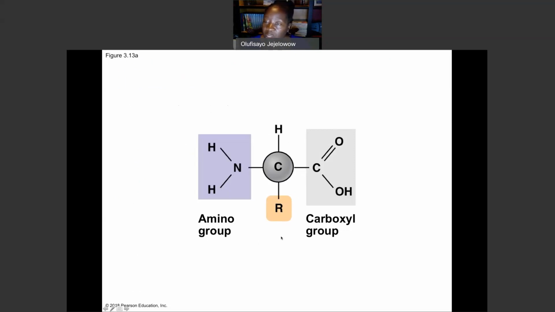Amino acids are unique. They're the only ones that have two functional groups. The amino group is a functional group. Carboxylic acid is another functional group. This R could be just CH3, or it could be CH3, CH, then it could be long chains. And all of the amino acids will have this purple, gray area in them, but they will differ from one another by their R groups.